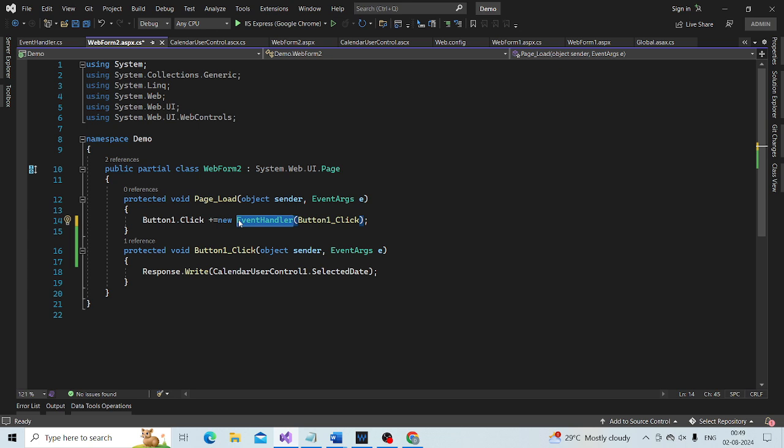Another important point we discussed in the previous session: delegate signature is much similar to that of a function signature.